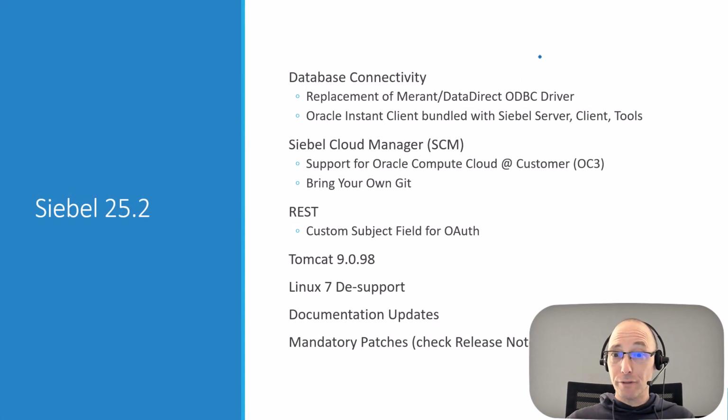Then we go to 25.2, where there was a big change. So yeah, pay attention here. If you are going from pre-25.2 to anything later, there is an automated replacement happening. We'll talk about that, of course, of the ODBC driver, but not only that, the Oracle Instant Client is also now bundled with the Siebel binaries. We'll talk about that in a moment. And then you see, again, Siebel Cloud Manager changes, REST API, some deprecation notices here. Linux 7 is no longer supported. So if you are on Linux 7 and you want to update, well, it's time to update your Linux to